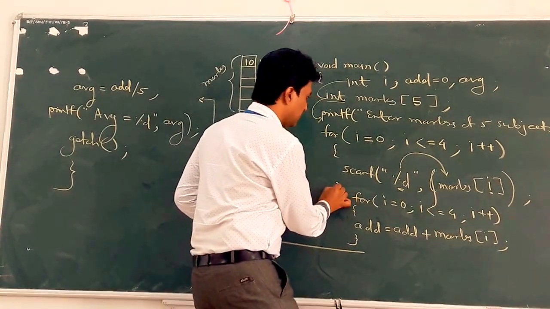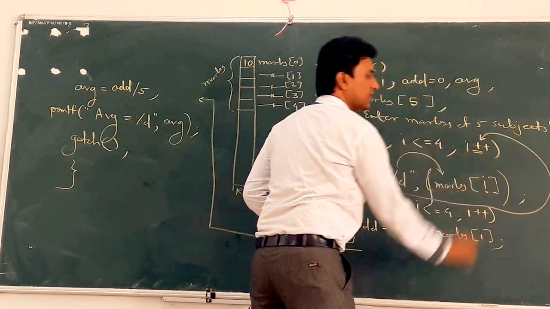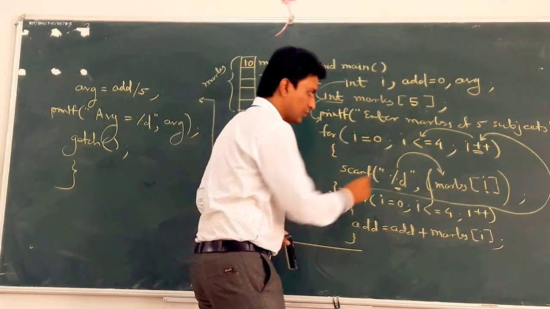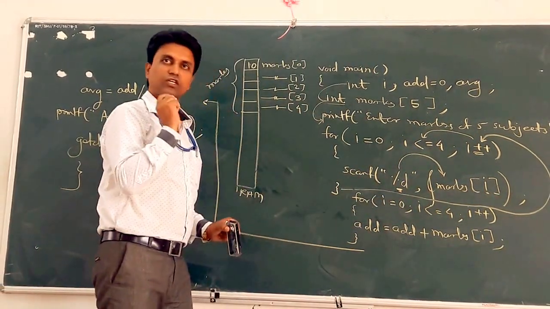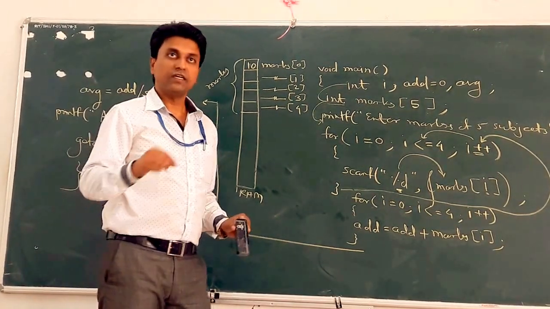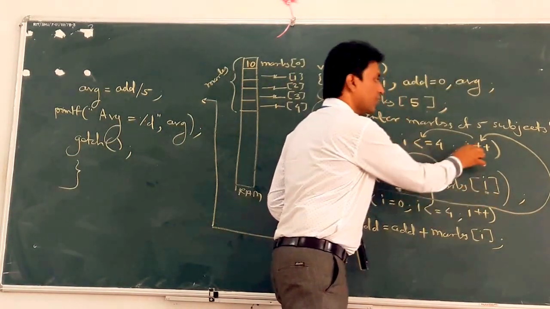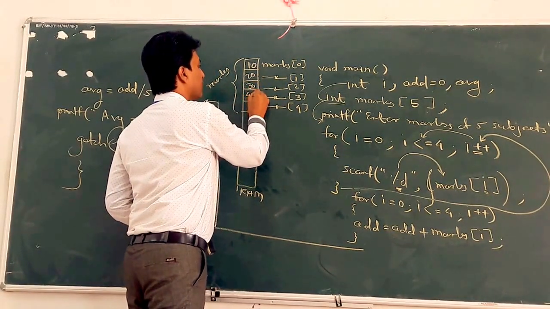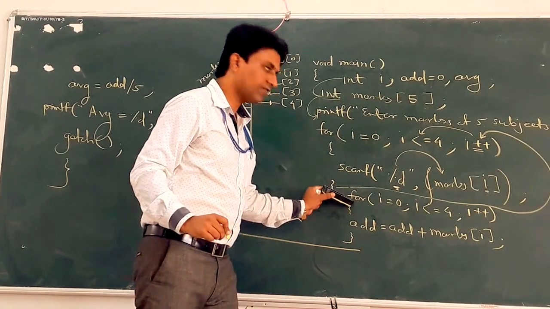Again, what happens? This loop increments i plus plus, that is 1. So 1 is less than or equal to 4, condition true. Again scanf percentage d, the cursor is blinking. Again on the console, when you enter 20 as marks and press enter, that mark is stored at marks of ith location, meaning 1. So 20, like that 30, 40 and 50. Clear? 5 times.